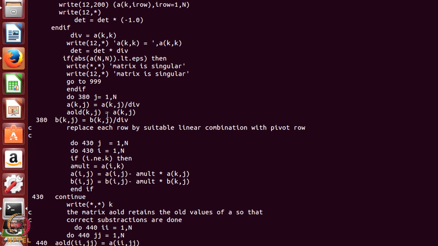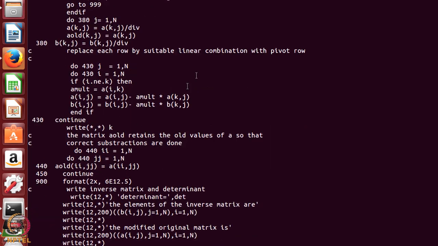Once I normalize the diagonal value, my next job is to replace each of the other rows by a linear combination of the ith row and the pivot row. Let us say the diagonal value was not 0, then I am going to change the remaining rows by taking a combination of the new row and the old row exactly, so that all the remaining values are 0. So, remember what I am doing now, look at this loop.